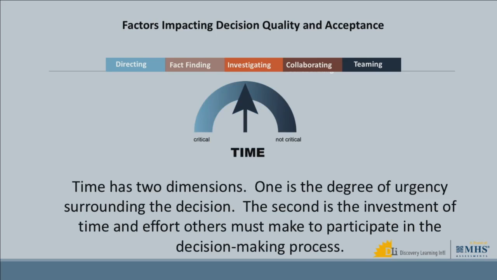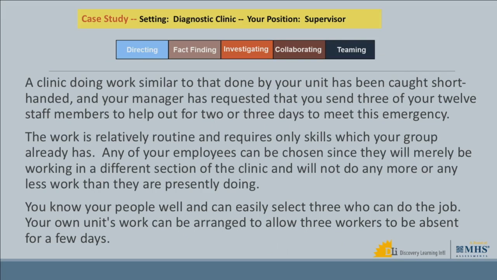And then lastly, time. Do I have time, and how urgent is this decision? And how much time do I have to actually include everybody in a larger process? Those are the factors that, when I consider those five, suggest a particular style. So here's an example, a sample case. I'm going to give you an answer here, but this is not a poll, though you can be thinking about this.